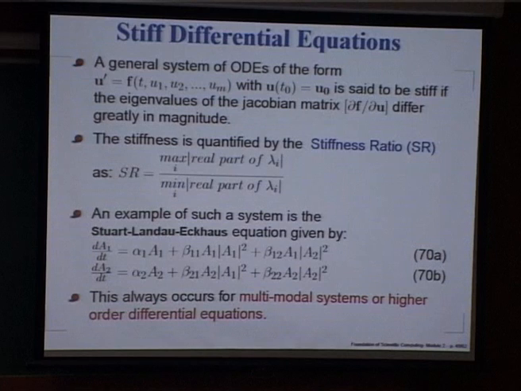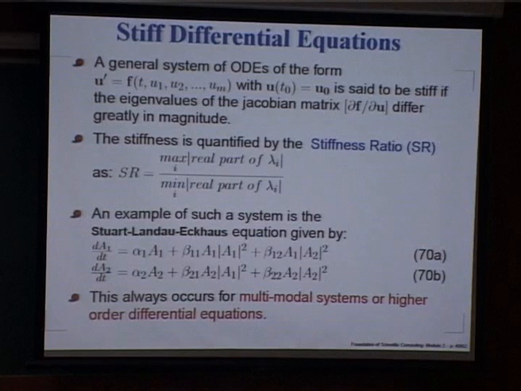So, you need to look at the real part. The real part will tell you how this particular component is growing or decaying with time, if time is the independent variable, and you look at the maximum of such values and the minimum of it. The ratio is what we call the stiffness ratio,